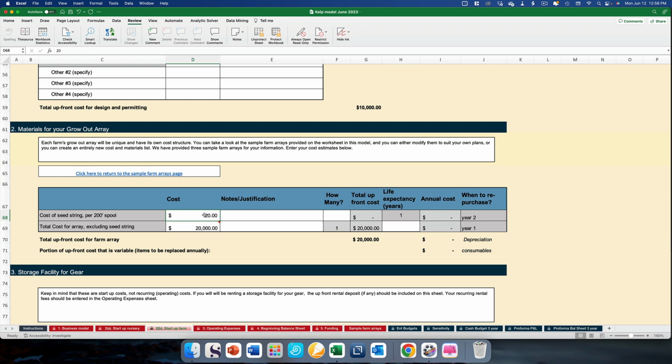But if you have to buy your seed strings from somebody else, then you state how much it is per spool. Let's say that we've got 10 spools, right? So there's our $200 cost, and then our array, the depreciation, it's got a 4-year life, so it's going to have $5,000 a year in depreciation. Okay. Now, if we look up to the top,